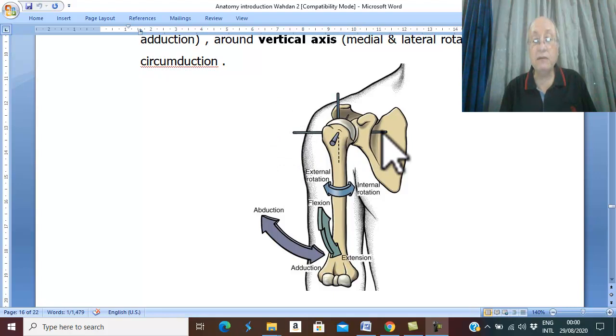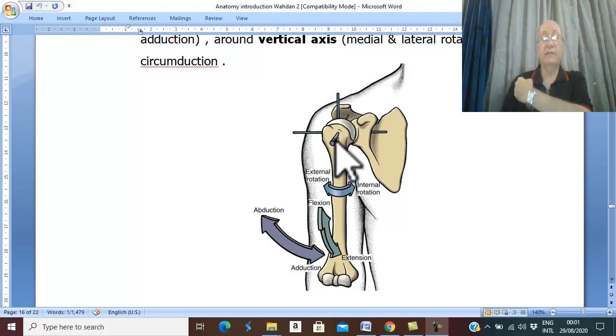Axis from side to side means transverse axis, and usually the transverse axis is flexion and extension, and the axis vertically. The vertical axis is rotatory, rotation, medial and lateral rotation,